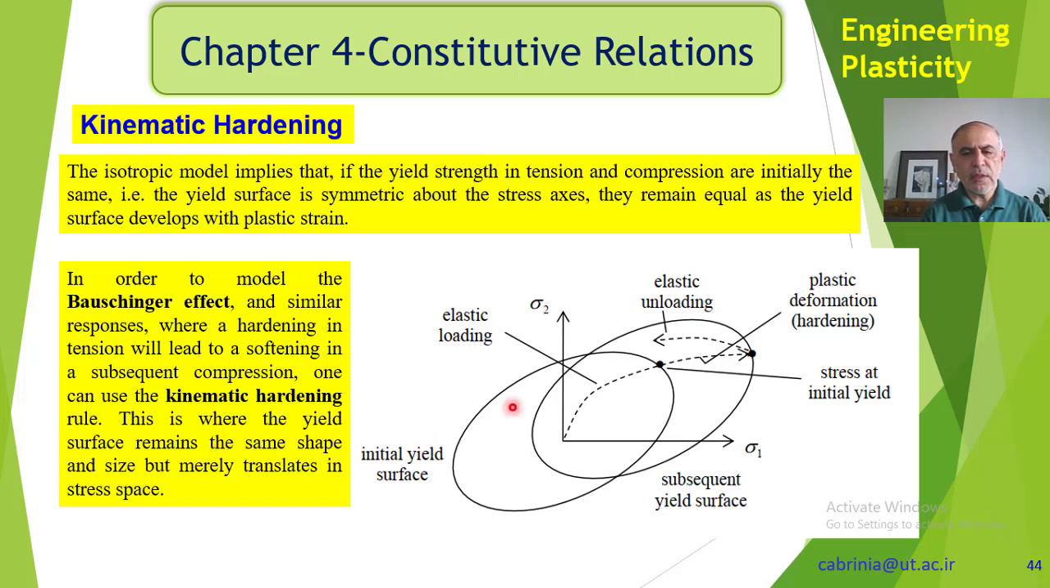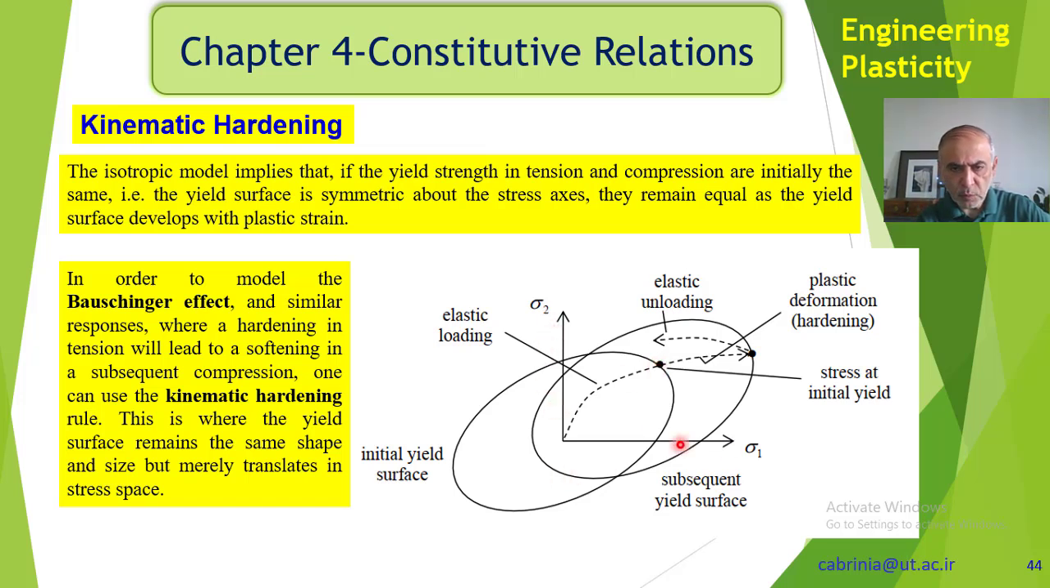One can use the kinematic hardening. This is where the yield surface remains the same shape and size, but merely translates in stress space. Okay, so you can see that the shape and size have remained the same, but the position has changed. The position of the center has changed, so it has translated in the stress space. And as you can see, as we go on the strain stress curve,